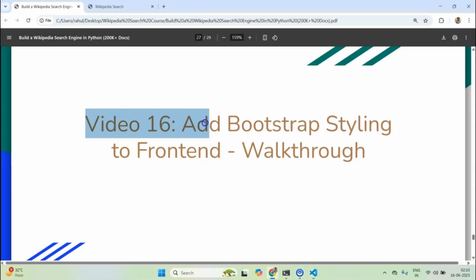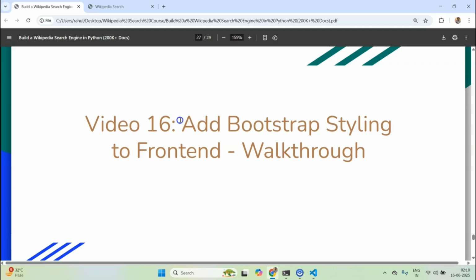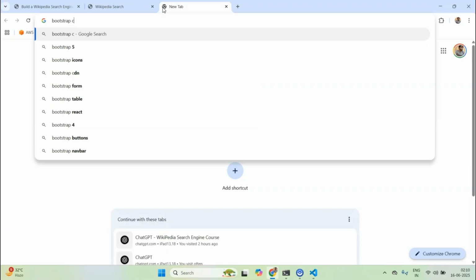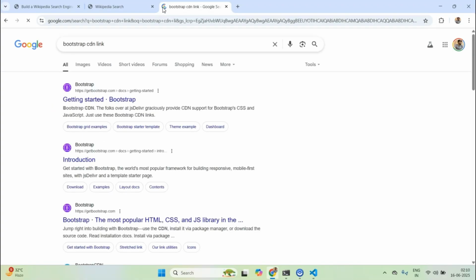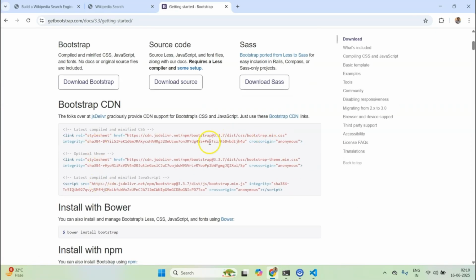Hello everyone. So in this video we are going to look at how to add Bootstrap styling to make your front end look a bit cleaner. Okay, so now to be able to do that, let me go to the Bootstrap CDN link. So I just want to find that link and simply copy paste it within our page, so I want to find this link, which is this one.